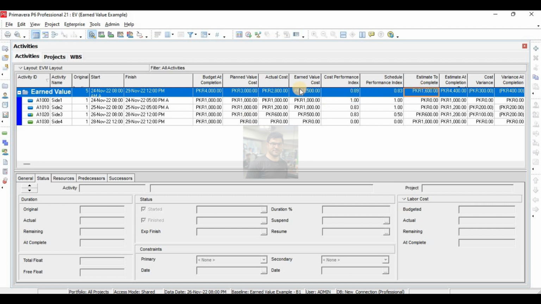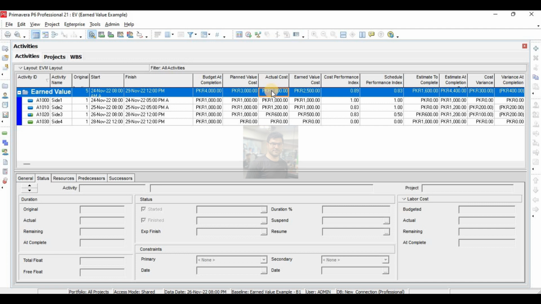To sort out this problem, you have to manually calculate your performance factor. Performance factor means 1 over CPI. And CPI, how you can calculate your CPI? CPI is earned value divided by actual cost. You have to manually calculate this one. Earned value is 2500 divided by actual cost is 2800. It gives me 0.893 CPI.